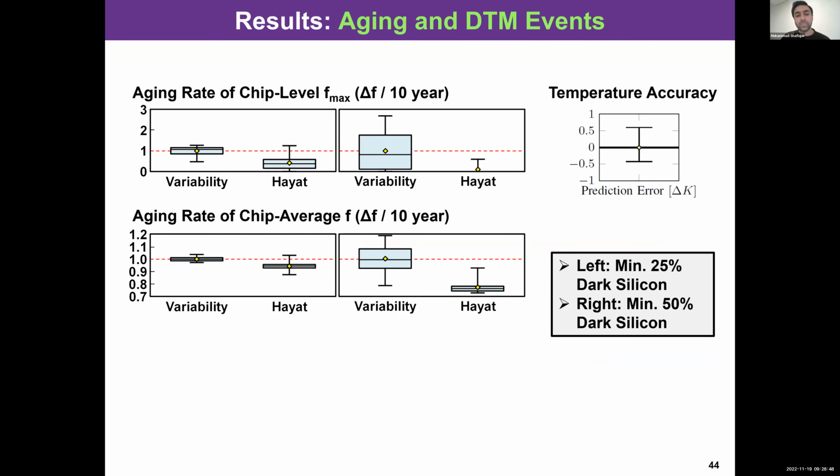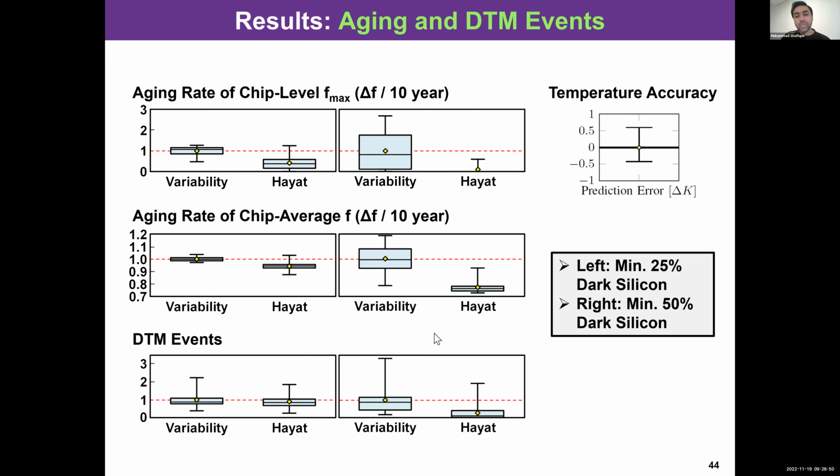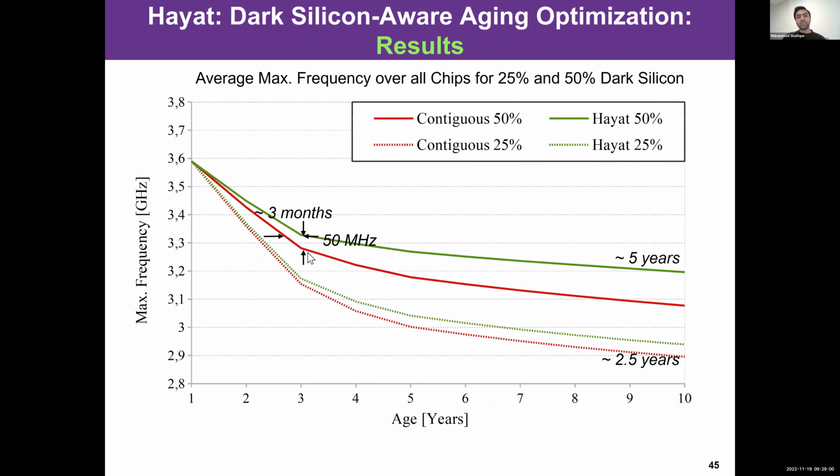Of course, there is inherent prediction loss that we will get. But the bottom line is that when using this kind of approach, compared to only variability-aware mapping, Hayat already significantly optimized the aging rate of different cores. And I think this curve shows it very nicely. If you just do a contiguous allocation versus Hayat, you can already see a lifetime improvement by some factor,